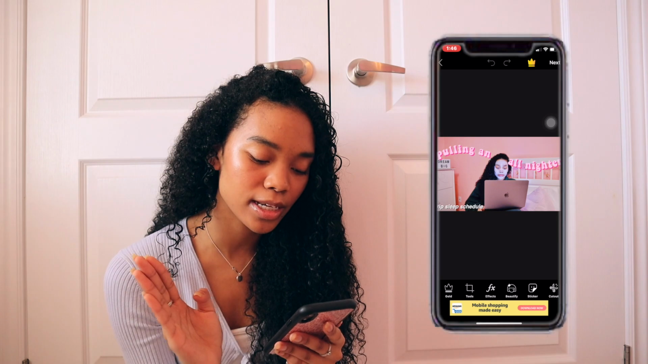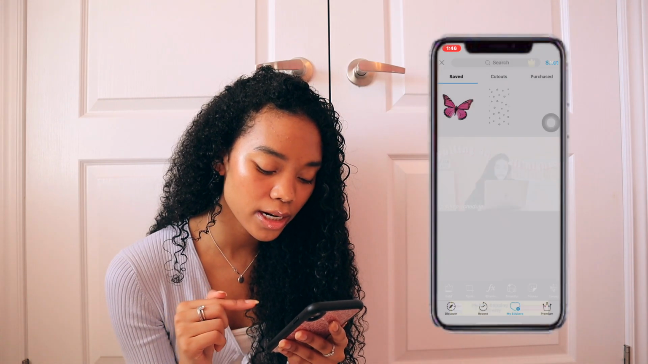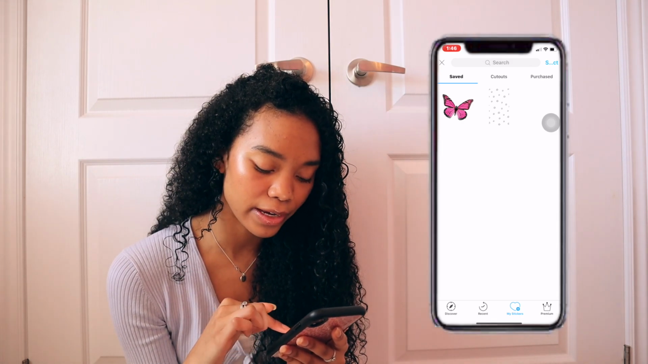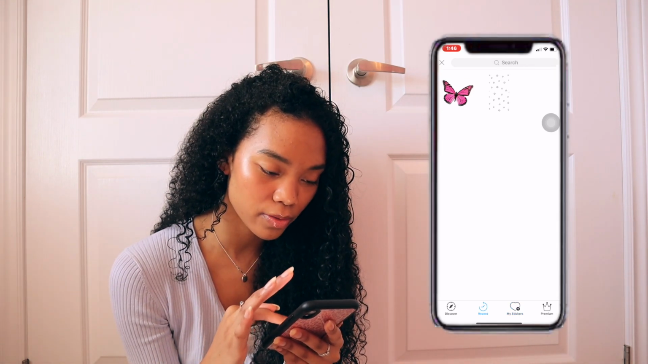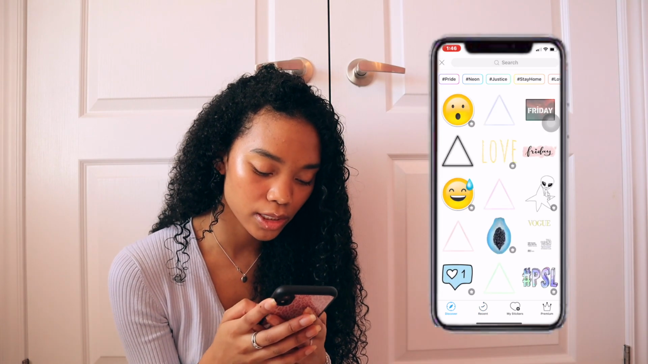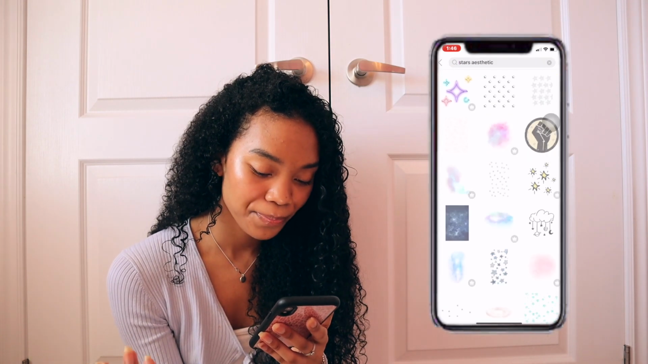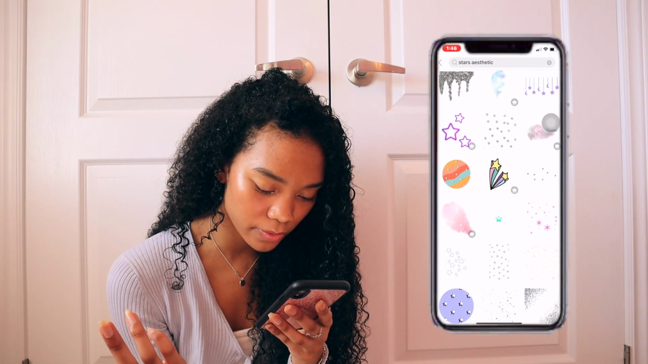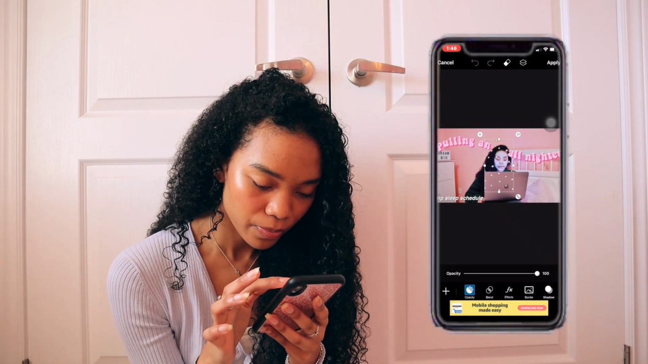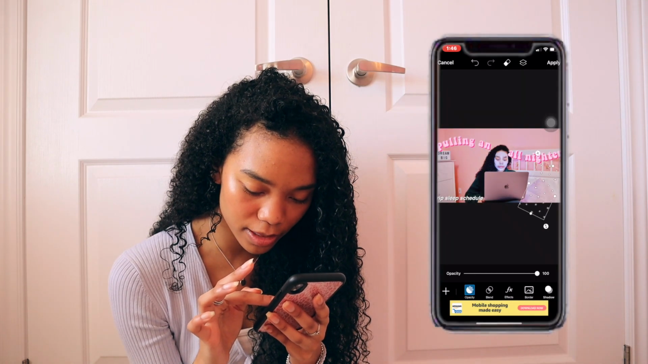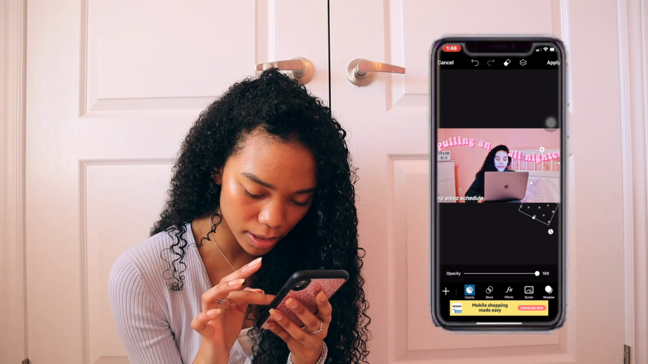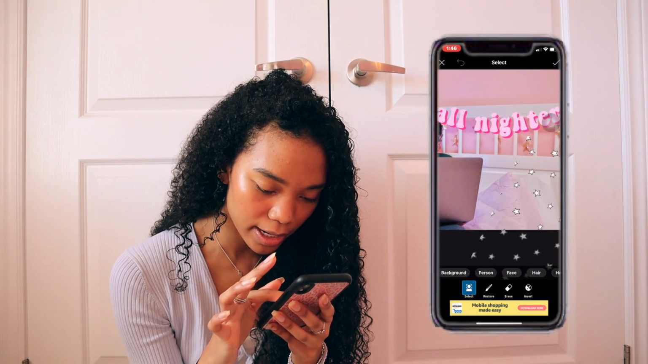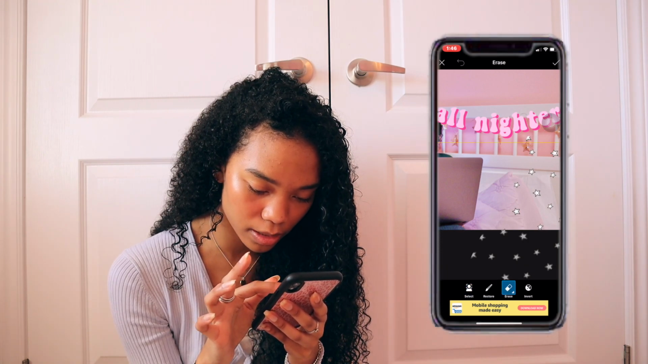Okay, so to add in the stars and stuff like that, I click on sticker, and I already have the two that I like to use saved in my favorites, but to find them, all you really have to do is search something like star aesthetic, and then they will pop up. You just have to scroll to find it, but this is the one I always use. And then I just tilt it, put it in the corner, make it a tiny bit bigger like that,